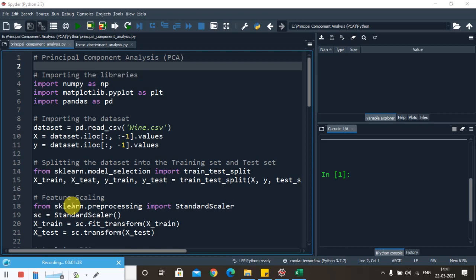So for an overall breakdown and wrap up of PCA, the main steps of the PCA algorithm are to standardize the data, to obtain the eigenvectors and eigenvalues, to sort the eigenvalues in descending order, to construct the projection matrix W from the selected k eigenvectors, and finally to transform the original data set.